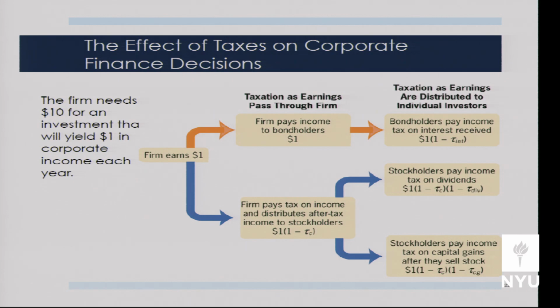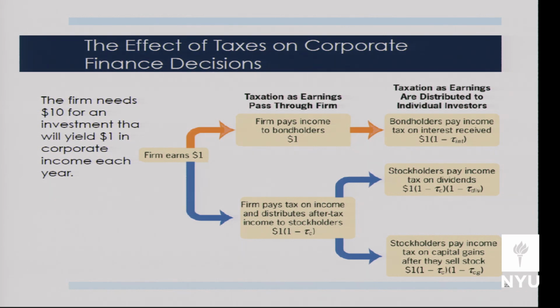They can go ahead and send that out as a dividend. In that case, that 65 cents then goes to the equity holder, and they have to pay dividend taxes on that, right? What is the dividend tax rate now? 15%. So the total tax on that $1: that $1 becomes 65 cents inside the corporation. Then that 65 cents is taxed again at 15%.